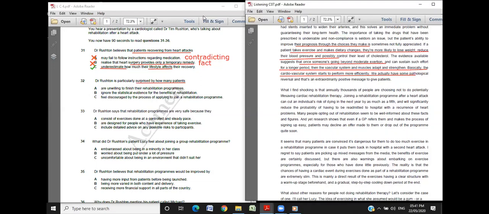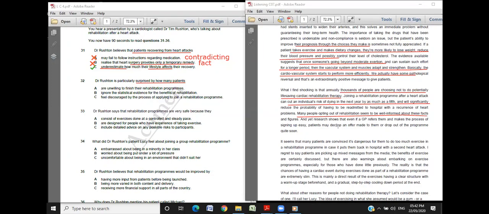Now, in question number 2, he first went on to say that thousands of people choose not to do cardiac rehabilitation therapy. Okay, so it's not that they do not complete it, but they don't do it. Even though these facts were mentioned, that joining it can actually reduce the risk, okay, by as much as a fifth. So the risk can significantly reduce, but still many people decide not to do it. And it's not that they don't know it, because it says they are well informed about these facts and figures,